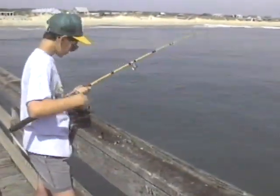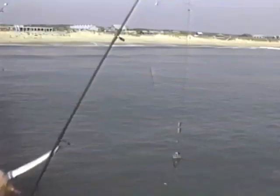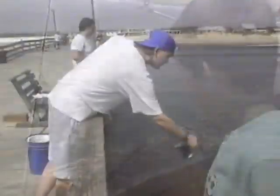We can tell you the color, we can tell you the lure, and just about anything you really need to know about pertaining to the fishing on the pier, or a lot of times in the surf, but definitely on the pier. You don't need a lot of equipment or experience to catch fish at the Nags Head Pier. A 6 to 7 foot rod and simple 2-hook bottom rig is all you need. Bait up with bloodworm or shrimp and drop the rig over the side to catch spot, croaker, or even a